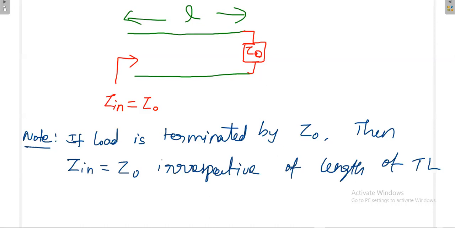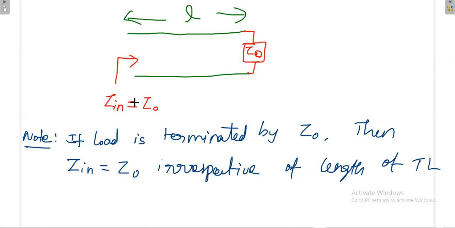Okay, but a similar condition we saw in another place. We took an infinite line, then we measured the input impedance. What is the input impedance of the infinite line? Anybody? In the beginning I have explained it. Can anybody tell me the answer? Yes, very good. The input impedance of the infinite line is the characteristic impedance.